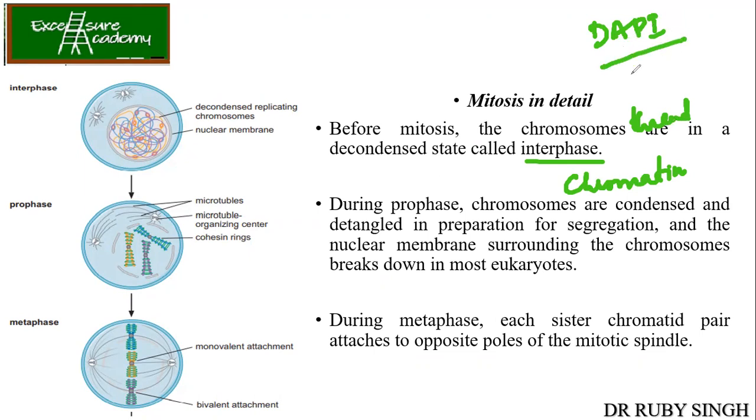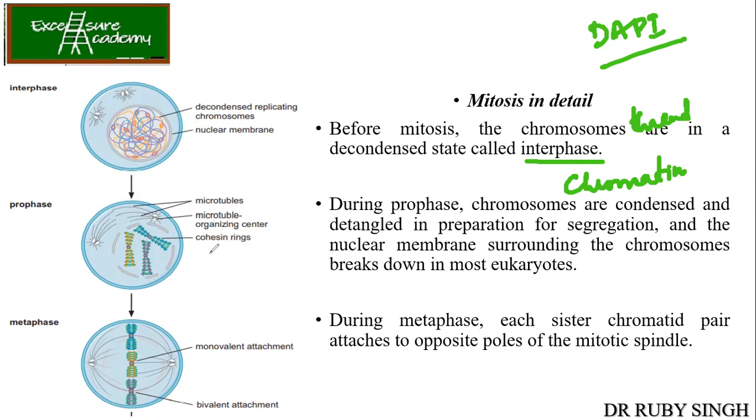Make sure you make notes on this, get the full form and at what wavelength it is going to get excited, everything you need to know. If you're still not able to get the information, then please comment in the comment section so that I can give you the information. Now what happens over here? See the figure also, you can see the chromosomes are in the decondensed form, and the centromeres have already started dividing.